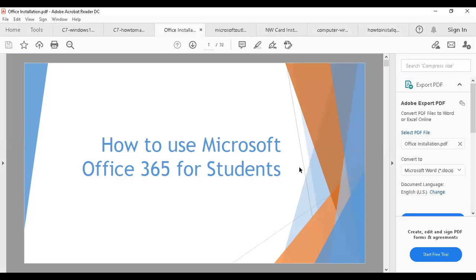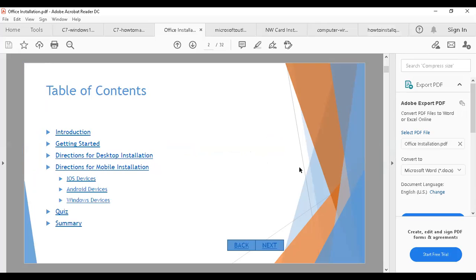Okay, how to use Microsoft Office for student edition, for enterprise edition. Table of contents: introduction, getting started, directions for installation on desktop or mobile.